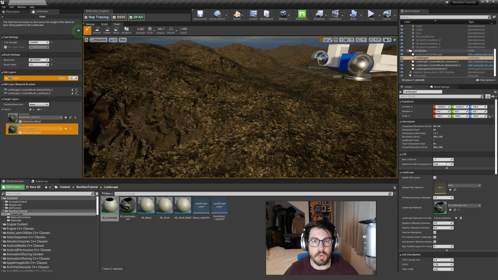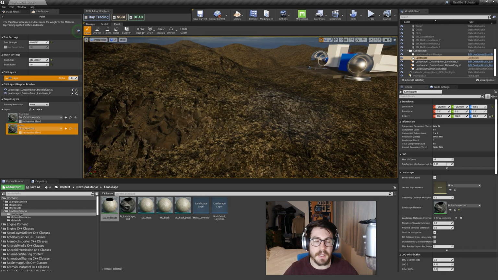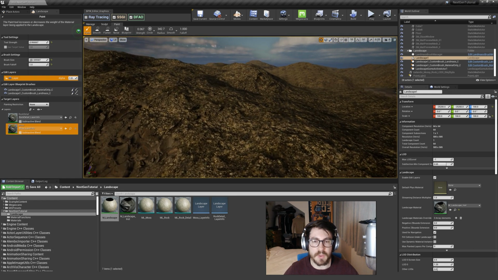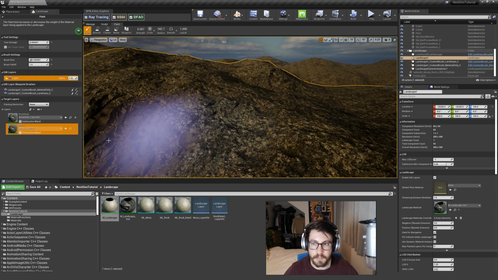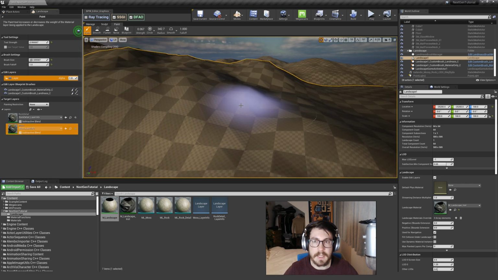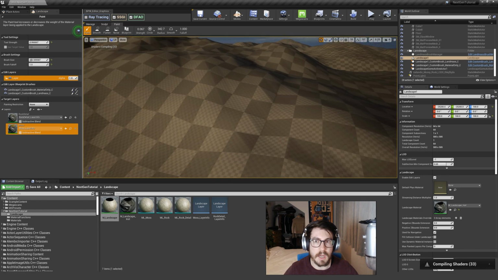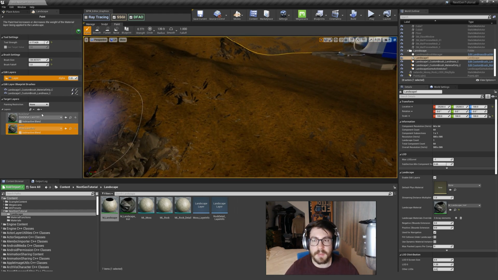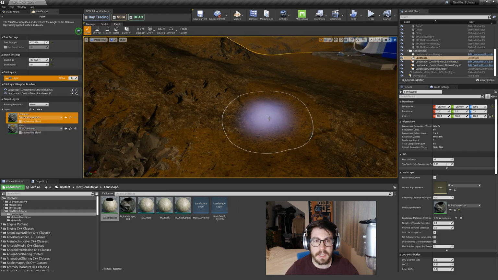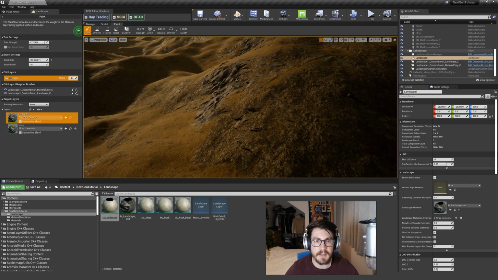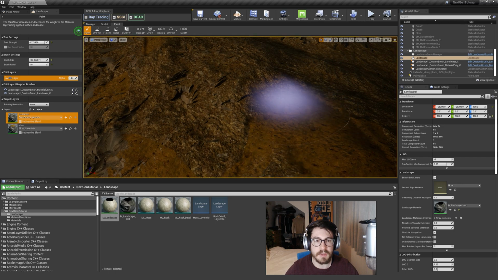As you can see, the rock detail now covers the entire surface, which is maybe not what we want. Maybe we want to have the moss on the entire surface. So all you need to do is right click on the moss, fill layer, and it should fill all of the landscape with our moss material. Here we go. If we wanted now to get back some of that rock detail, if we just click in it, you might see some weirdness going on as it applies this depending on the height of our